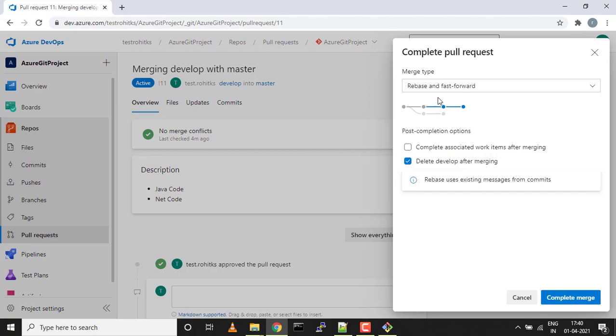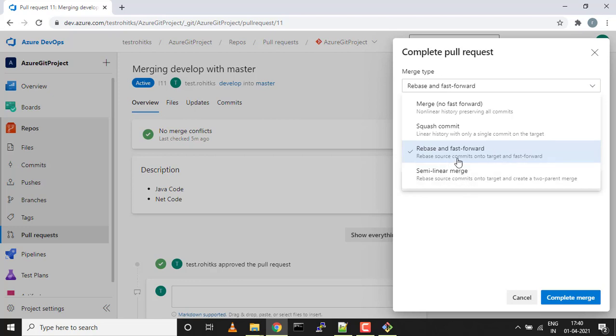If you see this graph, it is just taking the head and moving it. It is creating a linear history for you, and at the same time it is even preserving all the commits. So rebase source commit onto target and fast forward.